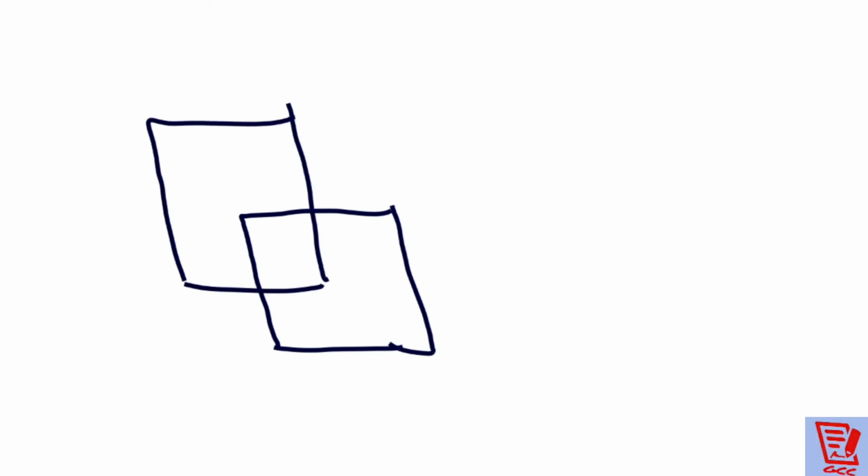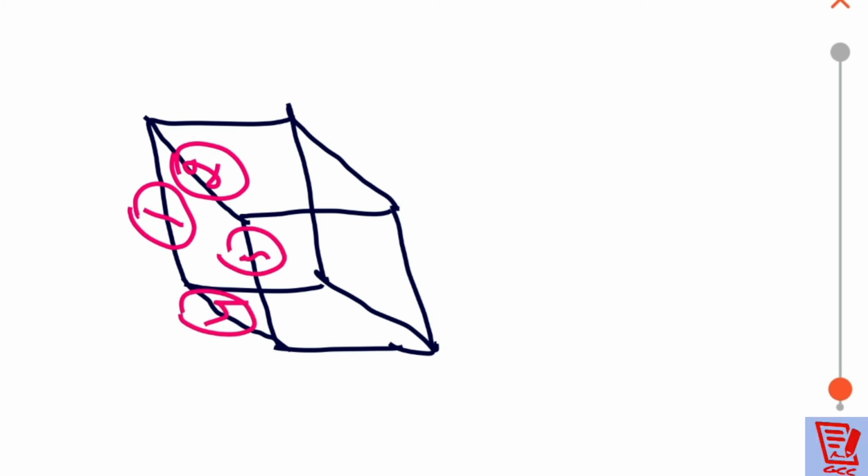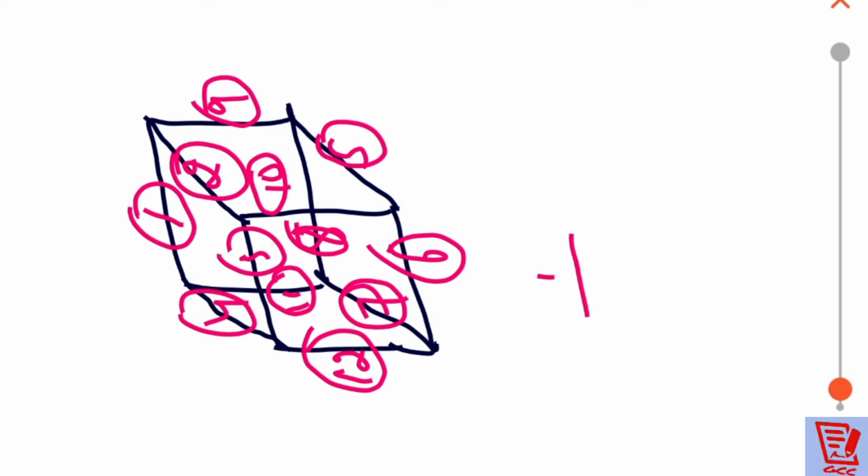But what are edges? This is a cube. All of you please see. One cube has a total of 12 edges. How many edges? 12 edges. I'm writing over there. You see, this is number 1, this is number 2, this is number 3, this is number 4. Okay, then this is 5, this is 6, 7, 8, 9, 10, 11, 12 edges are there.